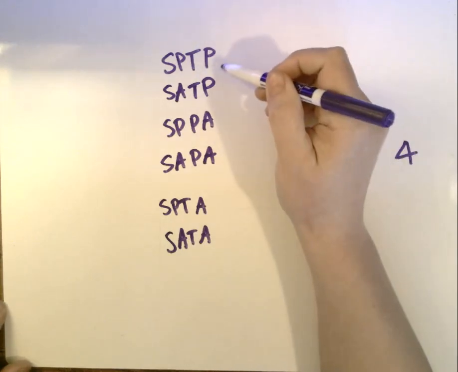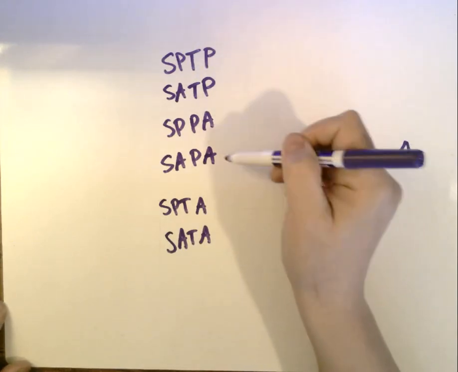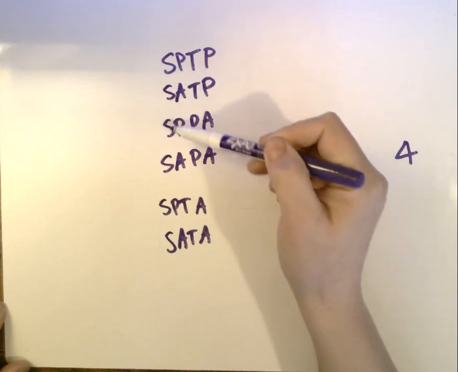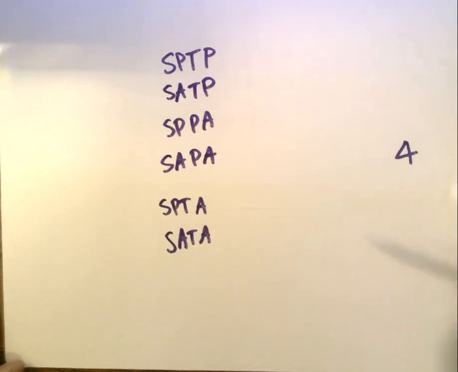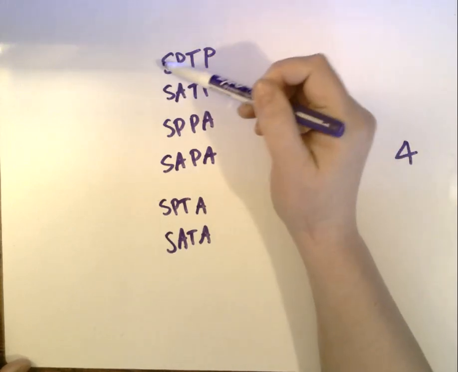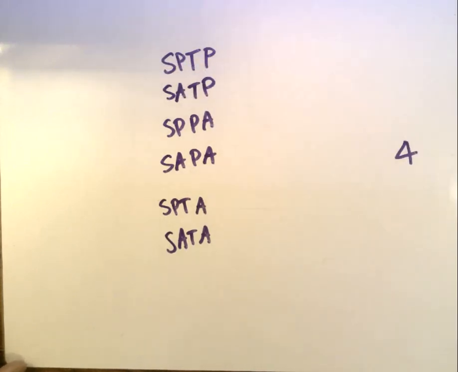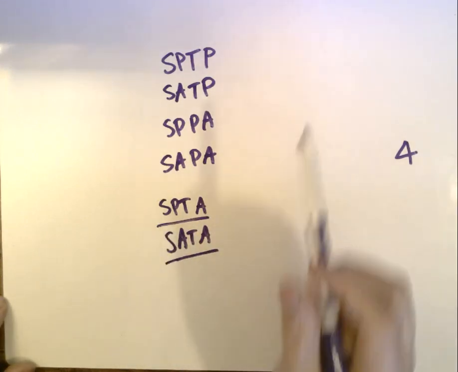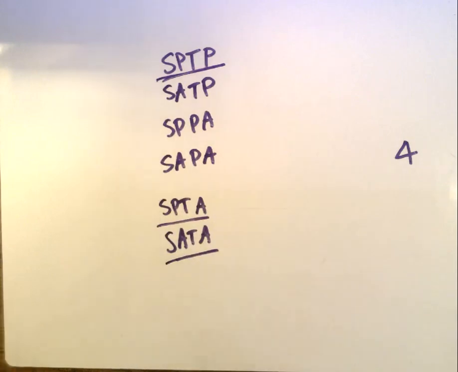So I think the biggest thing to remember is TP, TP, PA, PA, TA, TA. And then it's just SP, SA, SP, SA, SP, SA going down the other side, because peaks are always going to be bigger than averages. So that might be helpful for a way to memorize this list. But again, SATA, SPTA, and SPTP are going to be probably the 3 that you're really going to need to